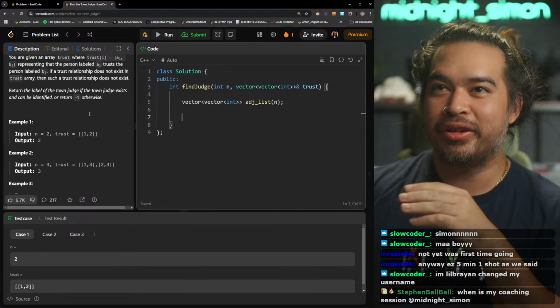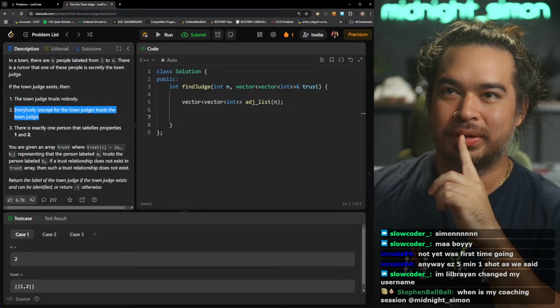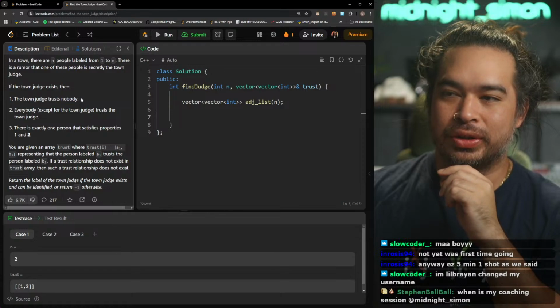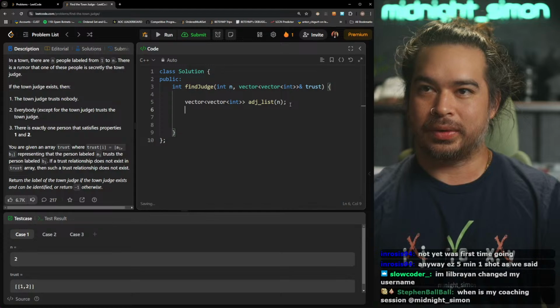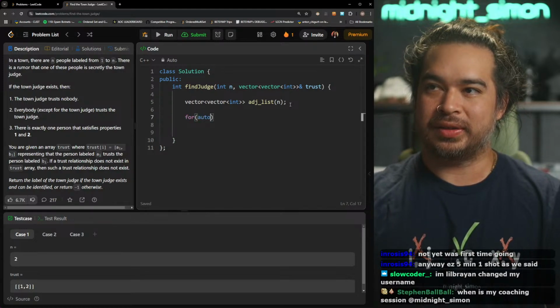So, everybody trusts the town judge, and the town judge trusts nobody. So, alright, I'll build this adjacency list.